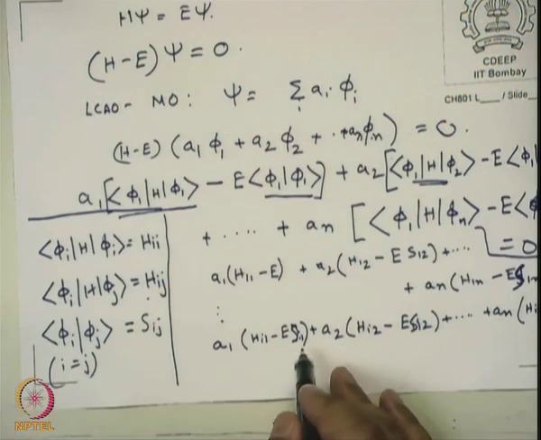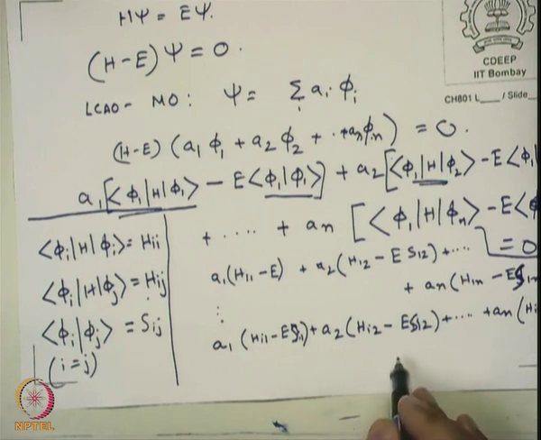So, these are a system of equations, and if you have studied systems of equations, you know that these are going to have solutions when the secular determinant is equal to 0, right. What is the secular determinant? You do not write this A1, A2, etc. You take this Hi1 minus ESI1, Hi2 minus ESI2, etc., make a determinant out of that, equate to 0, that is the condition. So, that is called the secular determinant.